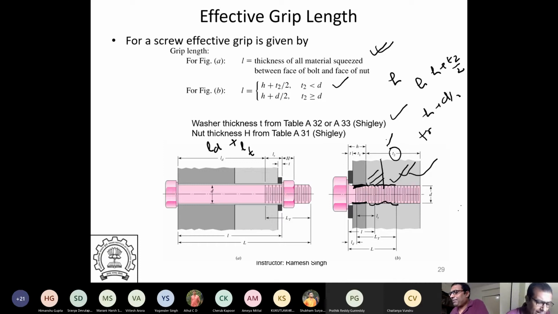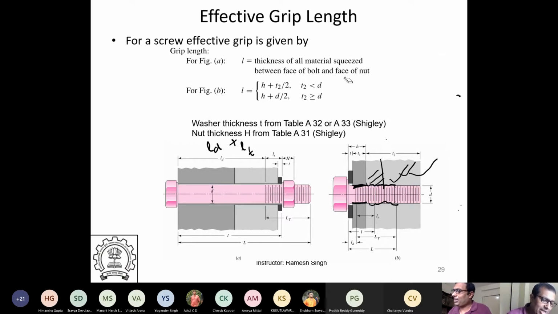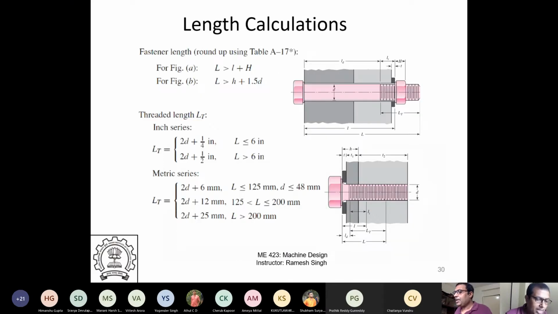The reason why I'm explaining all this is because we'll need this to find the compliances of the plates also. If you're using plates, there will be compliances of the plates also. So all these concepts will be needed. We'll solve a problem as well today. Okay. And then the fastener length, L is typically 1.5 times